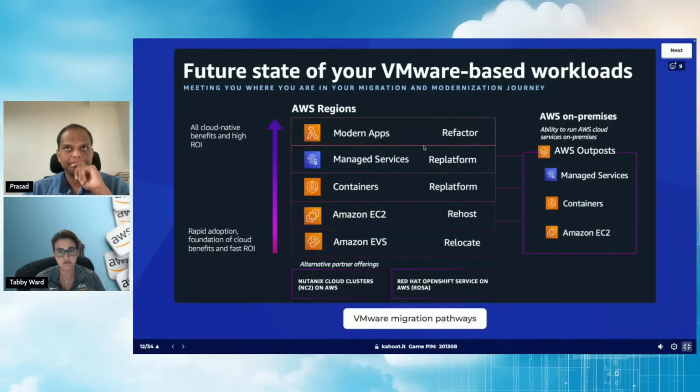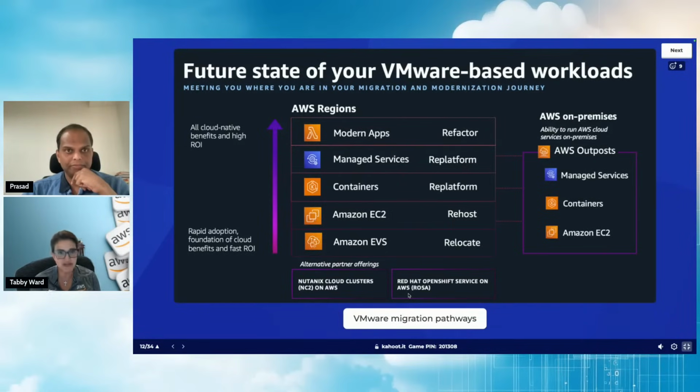We also have a couple of other options, like for the workload that cannot come out of your data centers, let's say for latency or SLA issues, we have an option for Outposts, where you still have the advantage of being connected to AWS services, but it looks like having AWS services on-prem. And then we also have two partners, depending on the use case: Nutanix Cloud Clusters on AWS, or NC2, which allows customers to move their VMware workload into a Nutanix format on AWS. And we have the Red Hat OpenShift service, or ROSA for short, if it can be a good candidate.